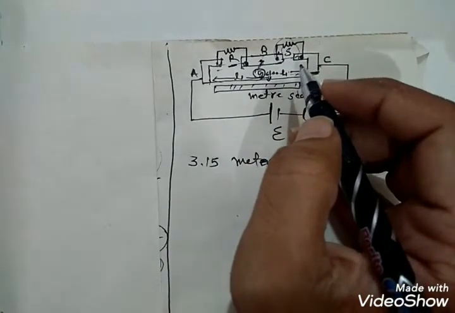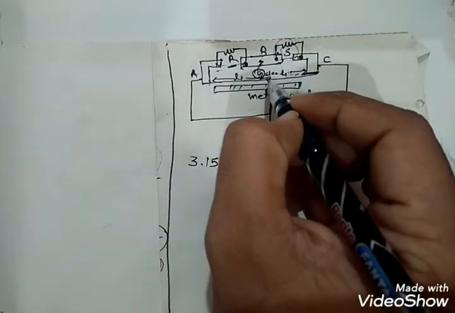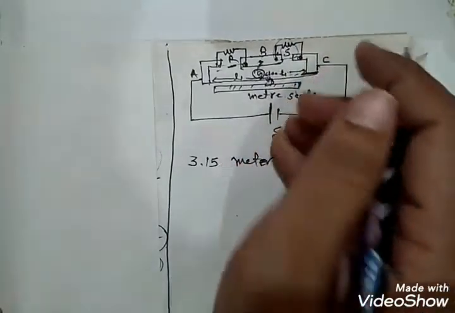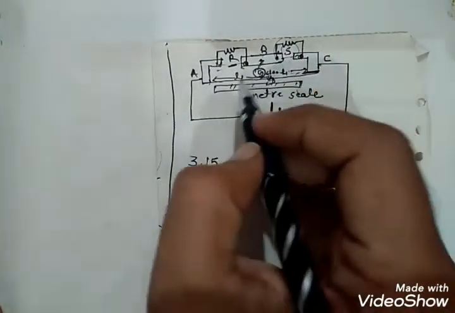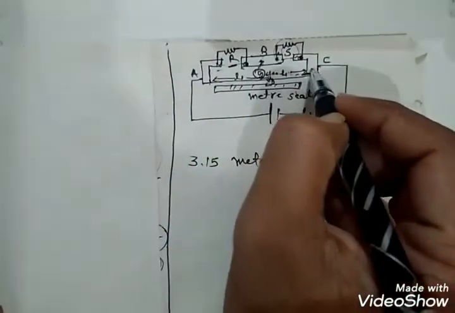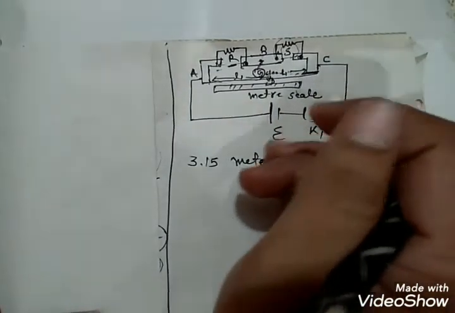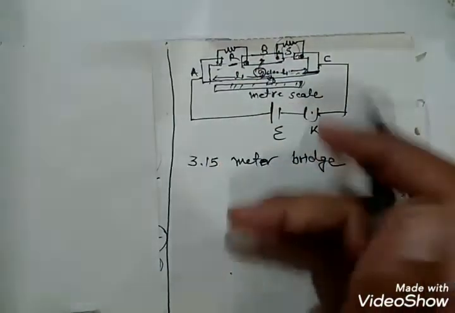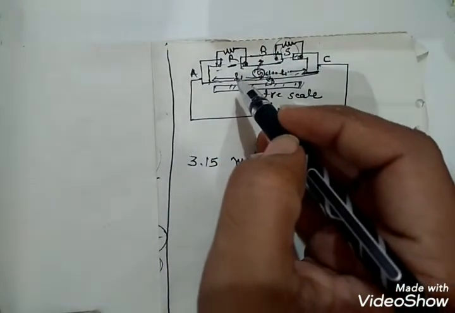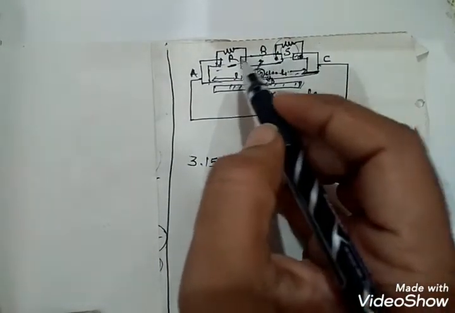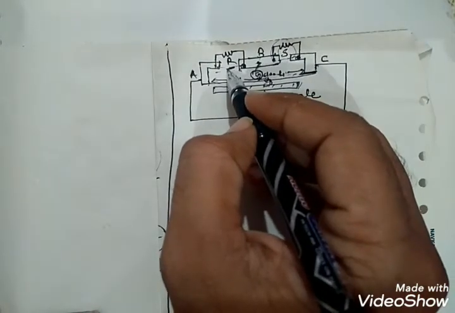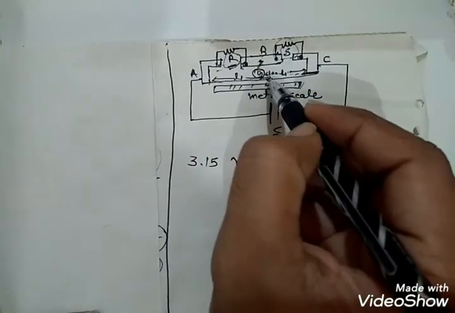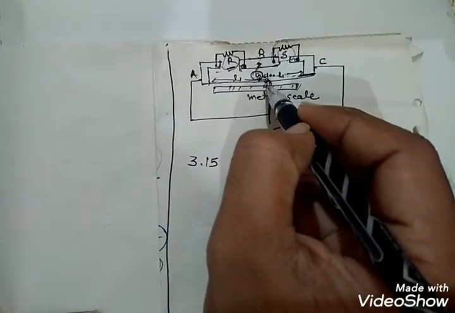The jockey is connected to the point D and moved along the wire from A to C. So here we can see four different resistors: R is the unknown resistance, and S is at the center point of the